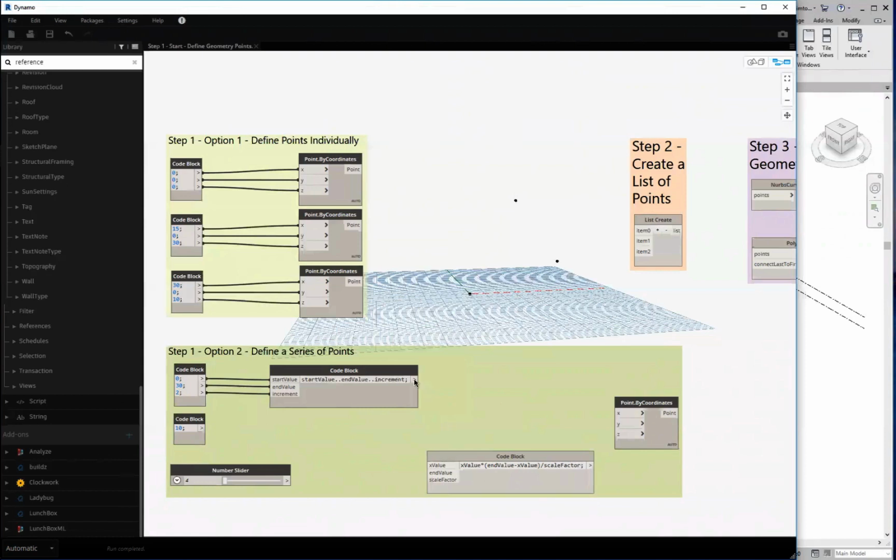So what I'm going to do is take those x values, I'm going to take the end value there. I'm going to put a little bit of a scaling factor on there too. So what this is going to do is create a series of different points. And if I connect those in,